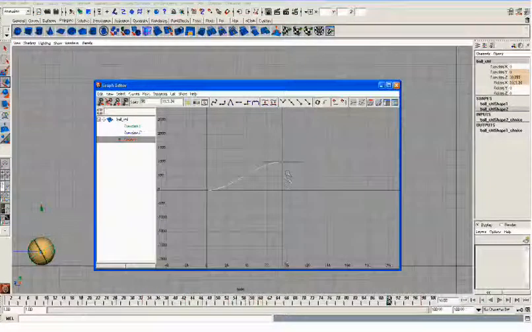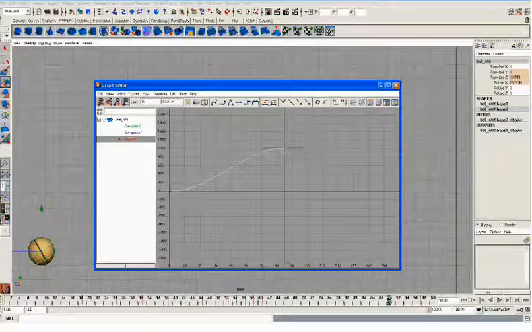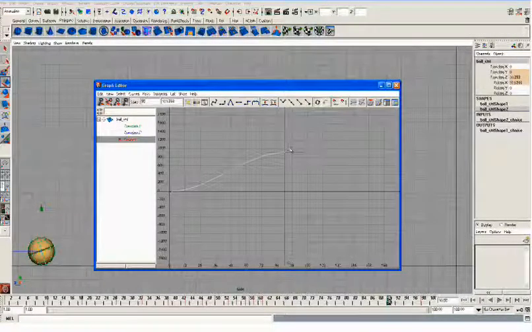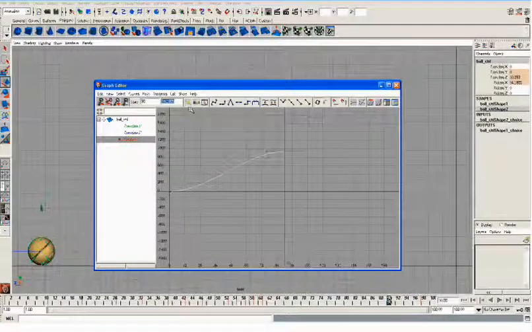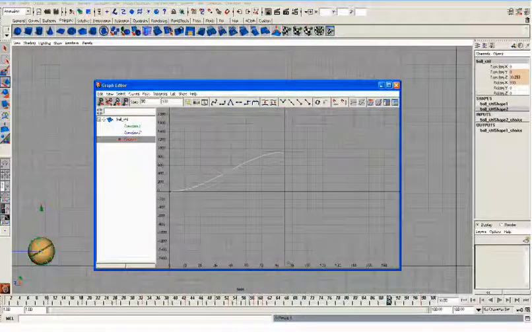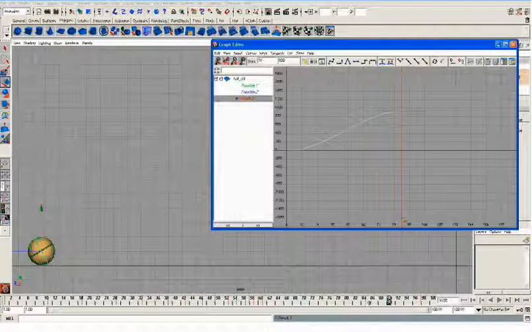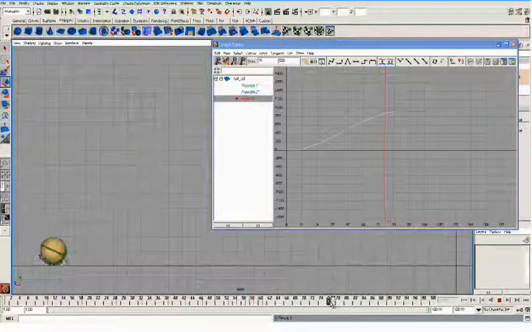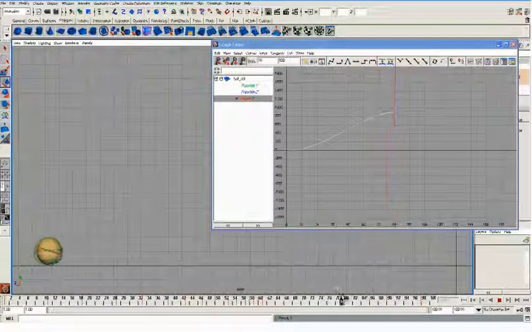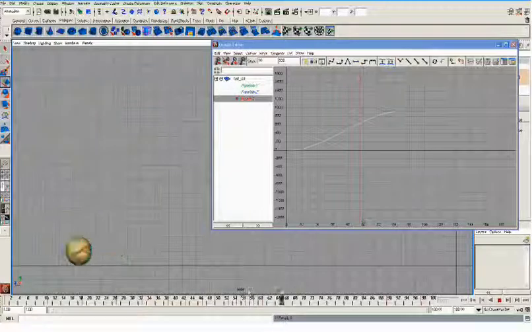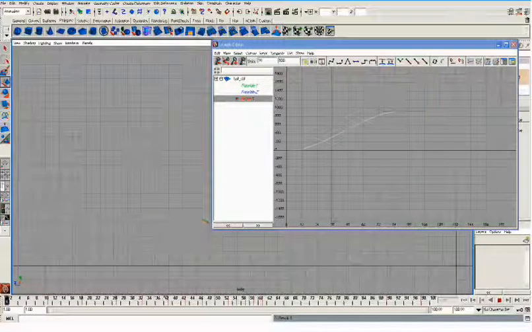I'll come here and reduce it a little bit. Let's say a little lesser. Now it's pretty much okay. But